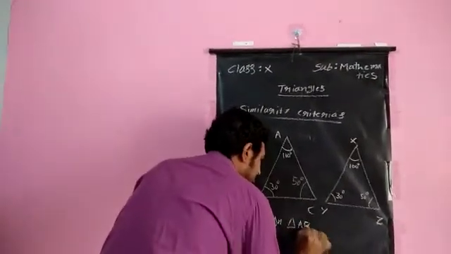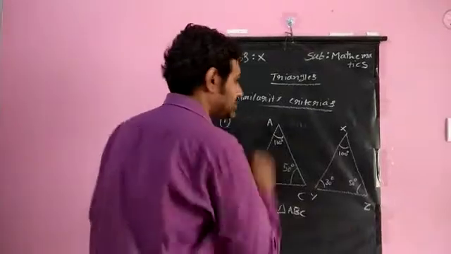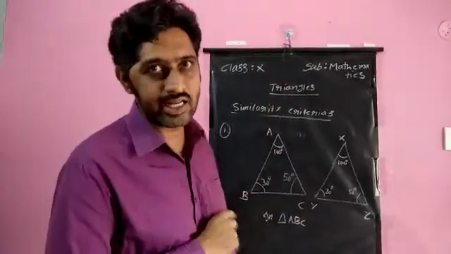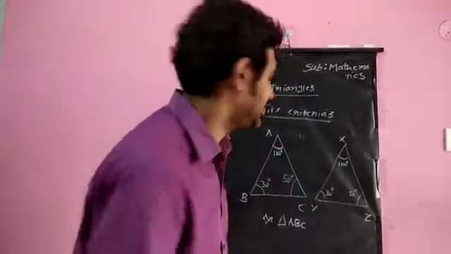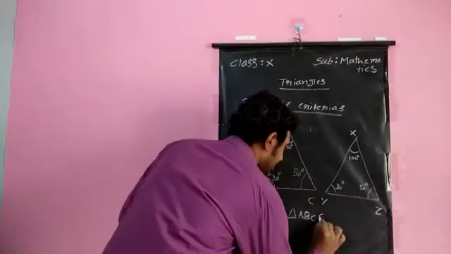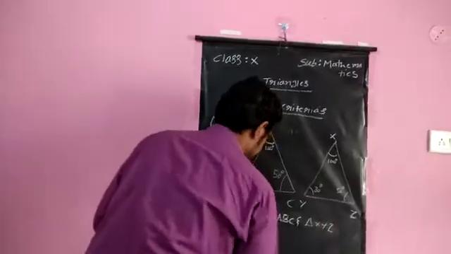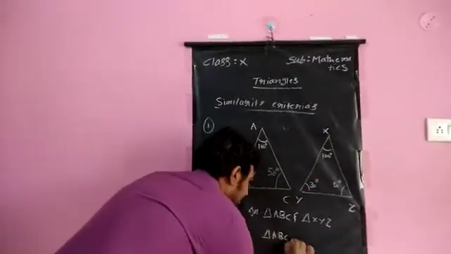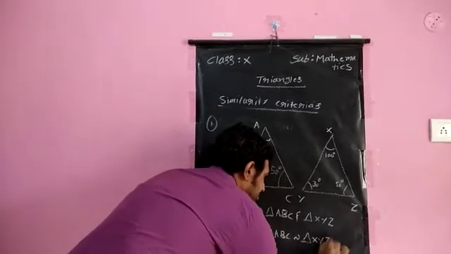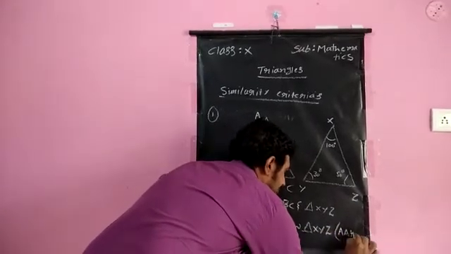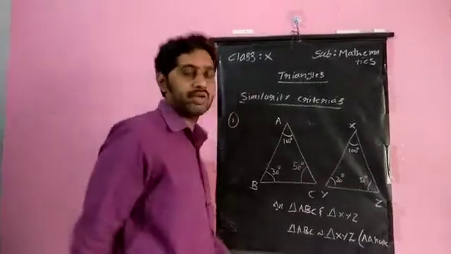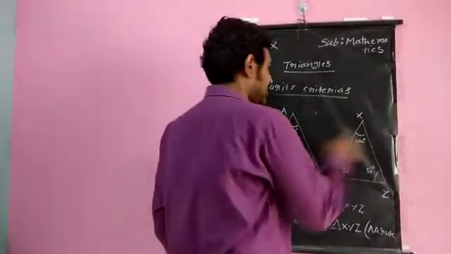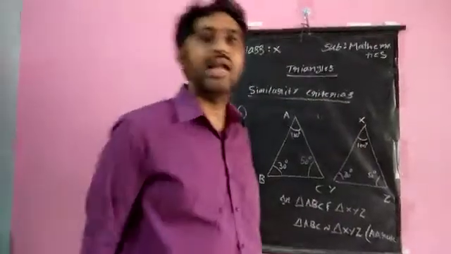Briefly, this can be asked as a question: check whether these two triangles are similar or not. If they are similar, give reason, explain according to which criteria these two triangles are similar. That type of question can be asked in the exam. You need to write: in triangle ABC and triangle XYZ, all the three angles are equal. So triangle ABC is similar to triangle XYZ. The reason for that is the angle similarity rule, or angle angle similarity rule, both are same. The two angles of one triangle are equal to two angles of the other triangle, then these two triangles are similar to each other by angle similarity rule.